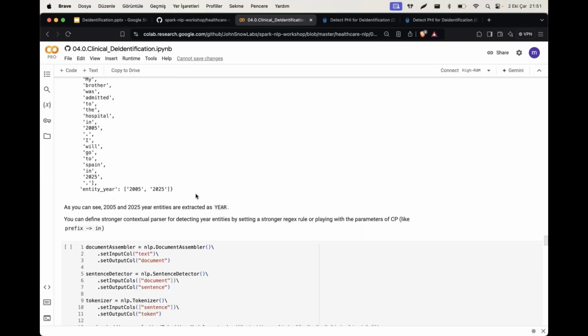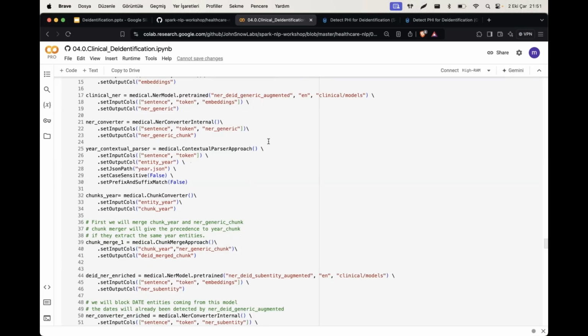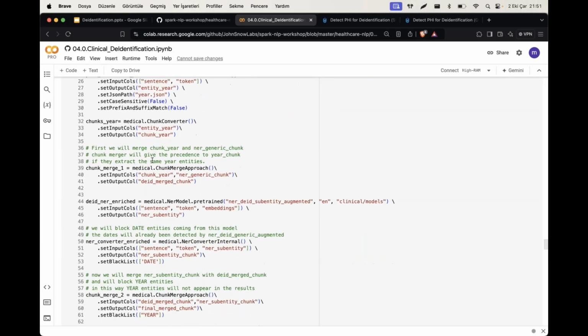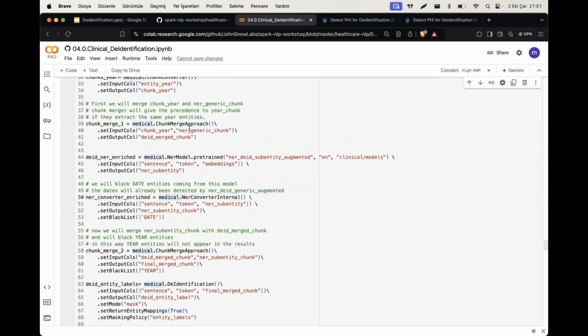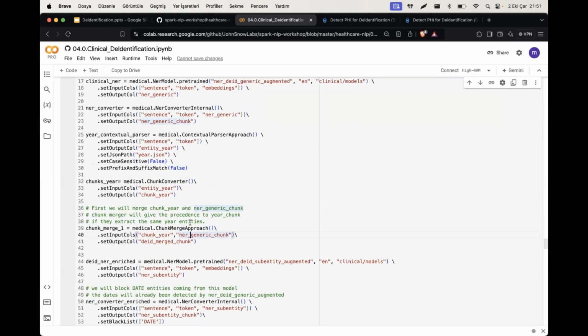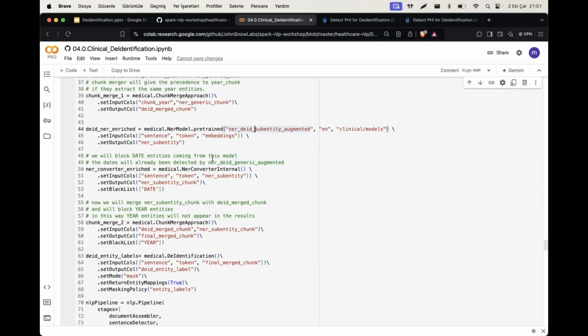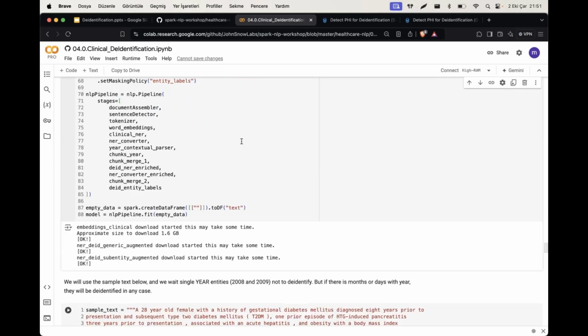and then create a NER pipeline with all these components, also adding the contextual parser we have. After that, we merge the chunks twice: firstly we merge the chunks of the year entity and the generic model, and then we added the sub-entity model here and merged their results by whitelisting the year entity. And then in the outputs,